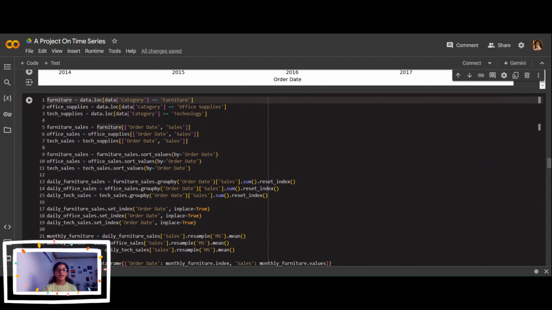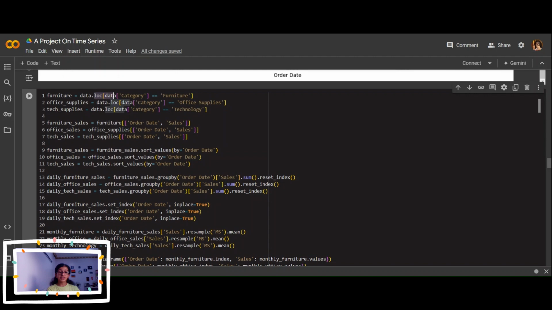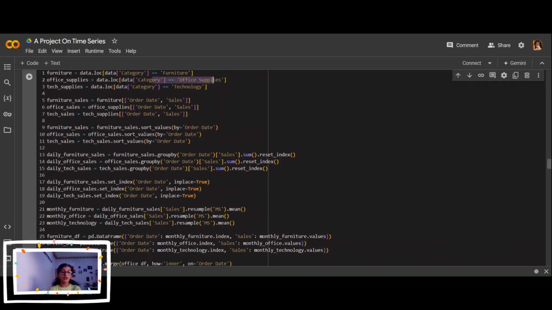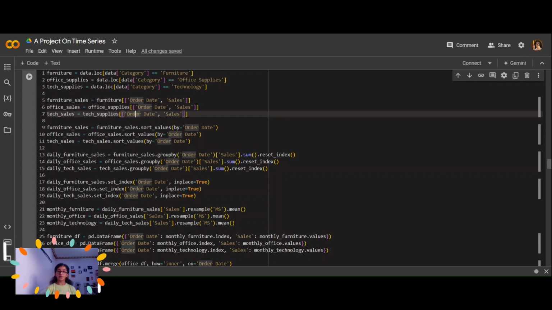Here, instead of going January to July, we're going to print each year. For example, 2014, then 2015, 2016, and then 2017. No, there is no 'and so on', because we only have values till 2017, but let's go on. As you can see, we have the furniture category, then office supplies and the technology category. And here we have the furniture sales. You can say it's the exact same thing as the three codes above that we have discussed, but all compiled in one.